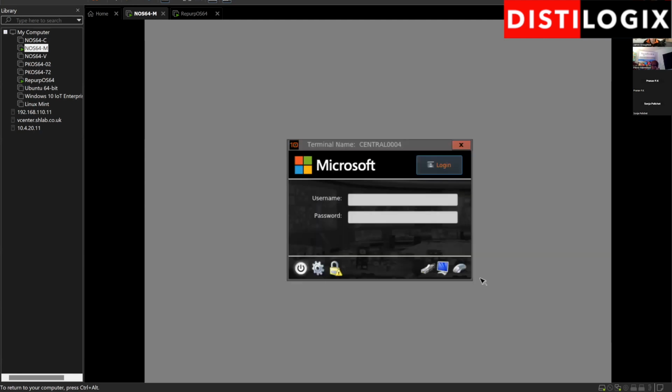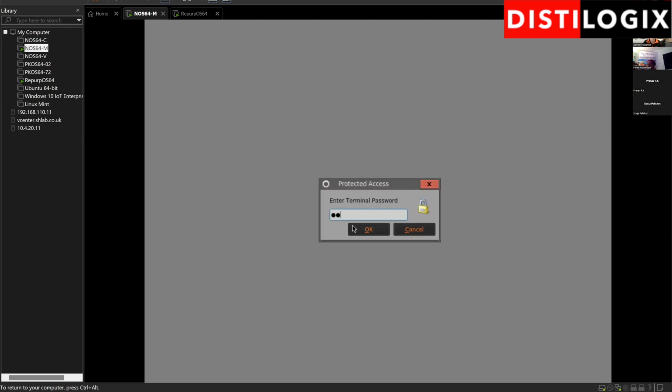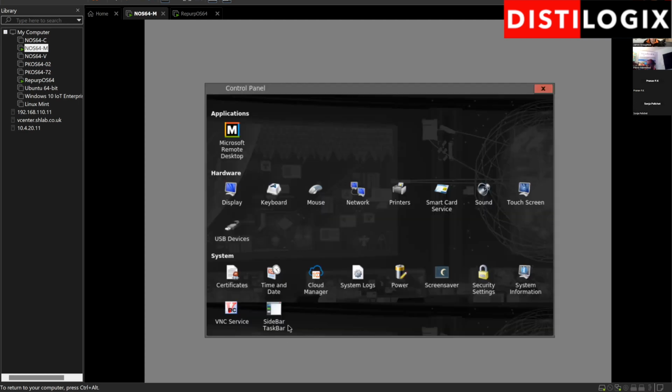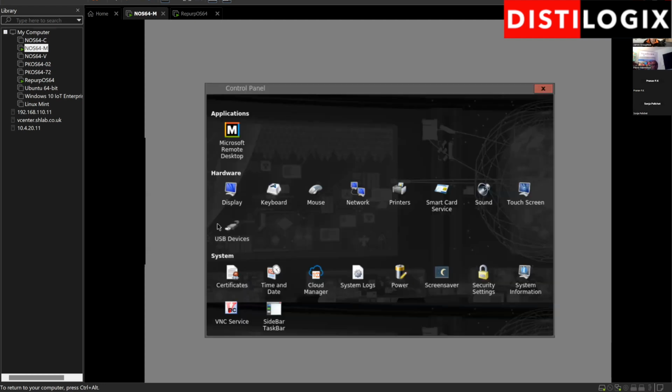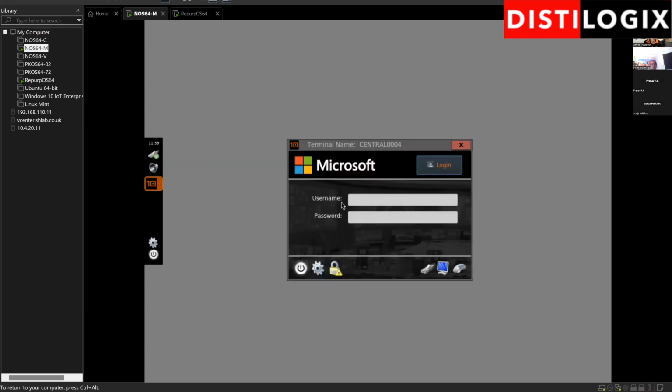So with that set up, we can try and connect to, oh, just one other thing actually, once we go back into there, is the taskbar. So this is quite a useful item. I normally like to use this. With NOS, we just set it to a minimal type of taskbar, but you can have full display, and then we can set the orientation of where you want it to appear on the screen. So I'll just press OK, and as you can see now, we've just got this little sidebar that appears from here. And that's really useful because once we log in to our AVD or Windows 365 environment,